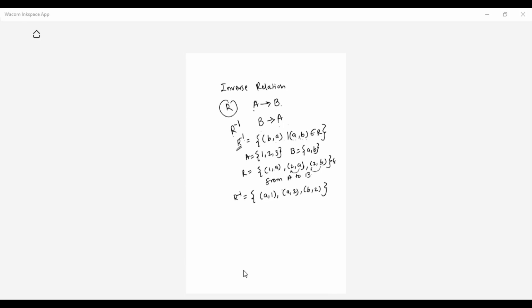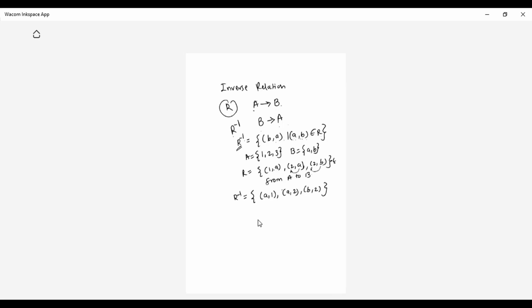Domain and range relation between R and R inverse. Will it be the same, students? Range and domain for R and R inverse would be the same. Yes or no? Am I audible? Quickly say. No, ma'am. No. So what would be the relation? Yeah, the domain will become range and range will become domain.